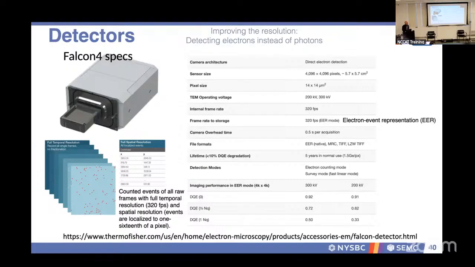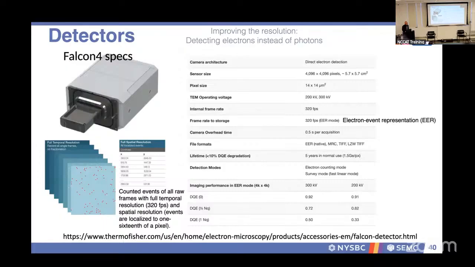So instead of thinking ahead of time about whether you want to collect counting or super res or a particular frame rate, this particular readout allows you to have an XY coordinate over time. And then in software, after your experiment, you can decide whether you want what's known in Gatan as counting or super res, or you can specify your frame rate. So this is a little bit more of a flexible format in the sense that you don't necessarily have to decide ahead of time